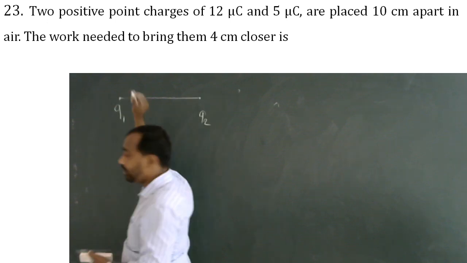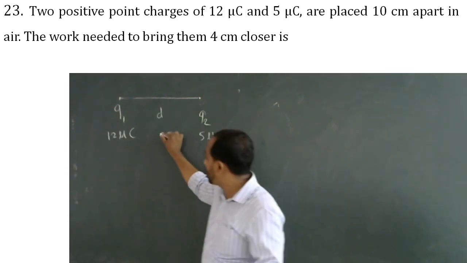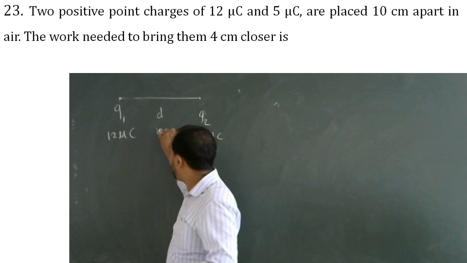Let's assume that Q1 is equal to 12 microcoulomb and Q2 is equal to 5 microcoulomb. The distance of separation between them, which I will represent as d, is equal to 10 centimeter. Now we need to find out how much work has been done if we bring them 4